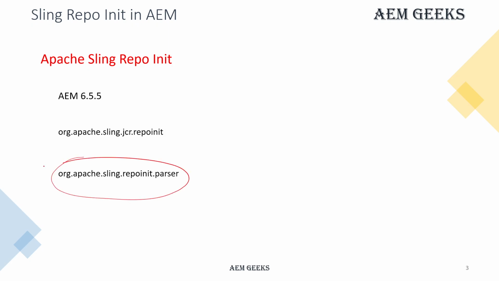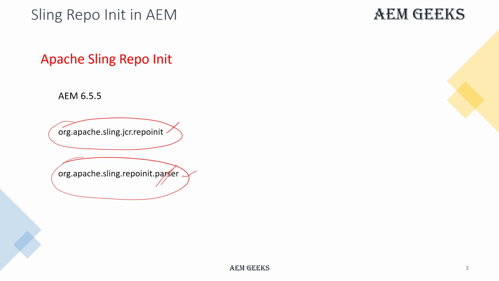This is for interview questions. The parser bundle is responsible for implementing a language. We will have a very simple language. Using this language, you will write some statements to achieve all that I explained in the previous slide. The repo init bundle is responsible for performing operations on your repository. Let's say using one of the statements, you are saying create a service user. You write that statement, that language is implemented using the parser, and the actual operation is performed. That operation is written in this bundle. So you must have these two bundles.